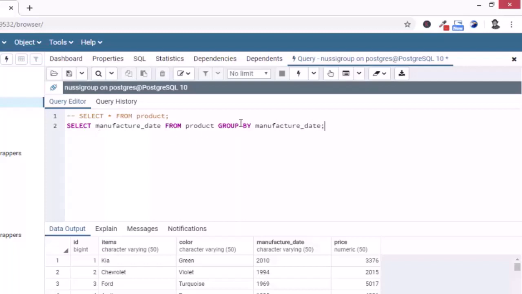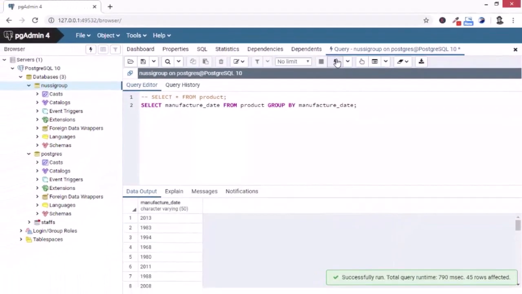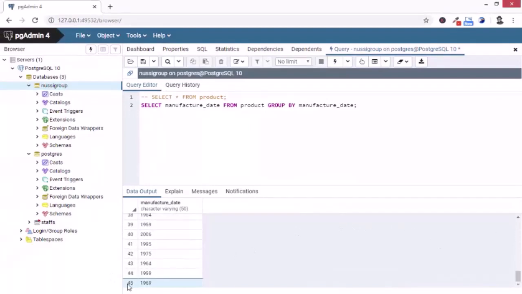So now I can simply run the query. And here we have it. You notice that if I scroll downward, we just have 45 rows. So what the group by clause does is that it removes duplicate records from our table. So you can see that out of the 1,000 records we have, the group by clause just retrieved about 45 of them. So to actually confirm this, if there were duplicates, I can simply say